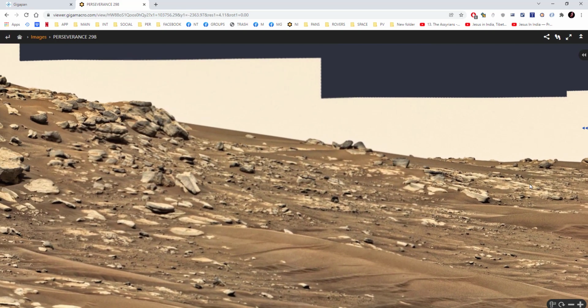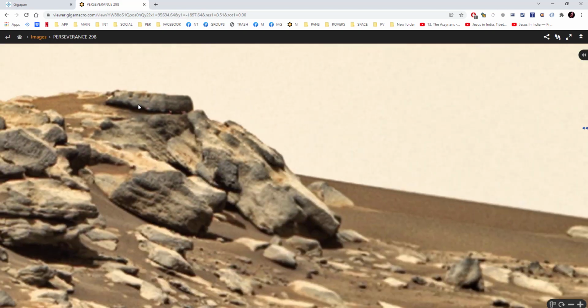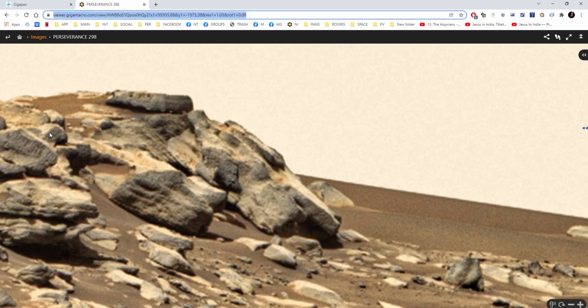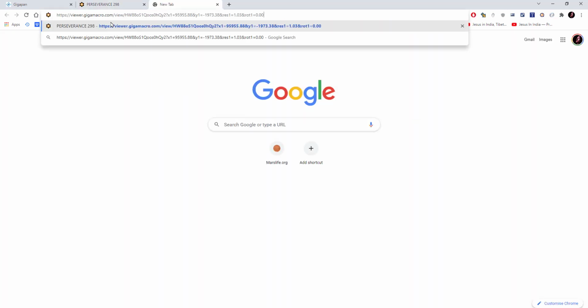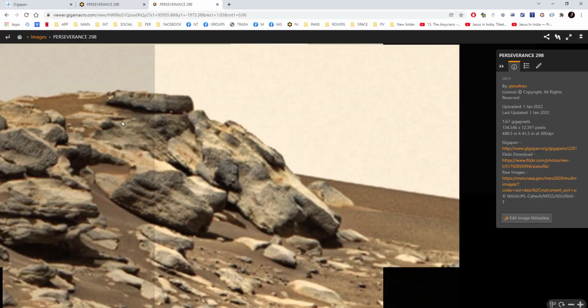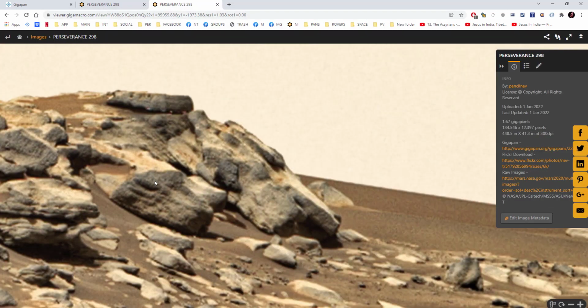Everywhere you move, it gives it a code along the top. And if you copy that code and paste it into a normal browser, it will take you exactly to that area, which is a lot easier than